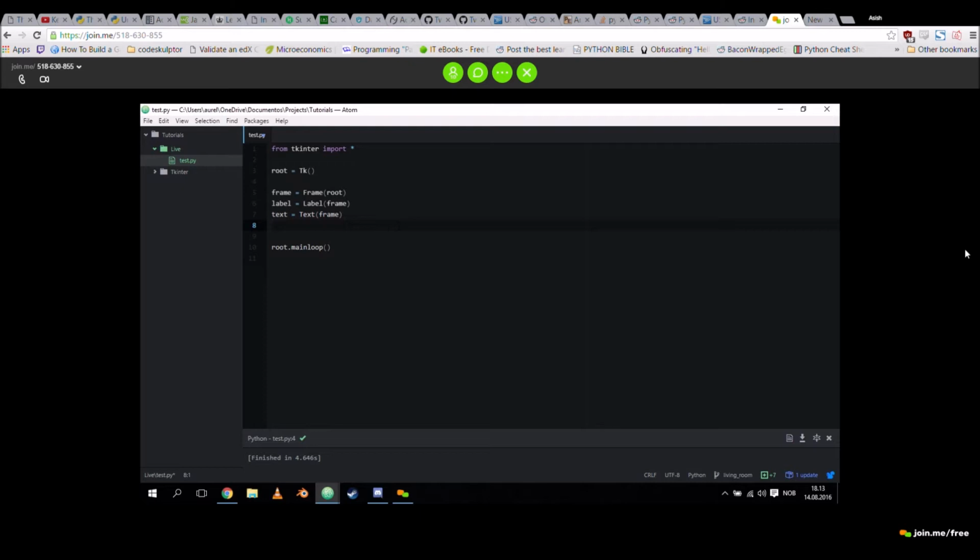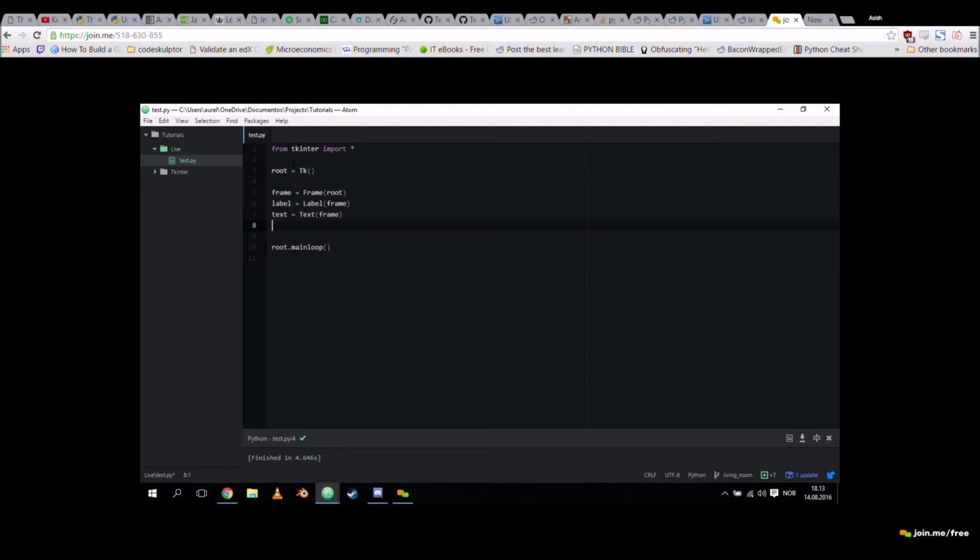Everything is a widget. So you take the frame widget and you make it a child of the root. You take the label widget and you make it a child of the frame widget. And you take the text widget and you also make it a child of the frame widget, because that's what frames are for, to put other widgets inside. Those are all classes, obviously, and that runs.